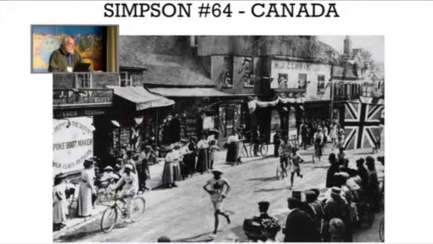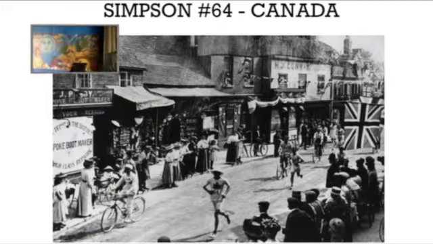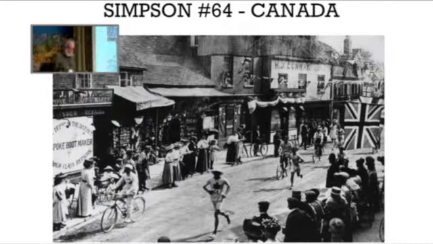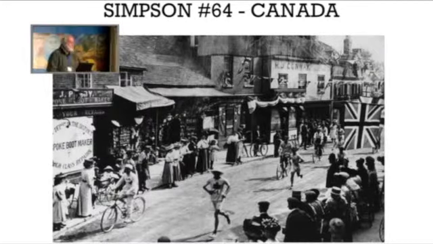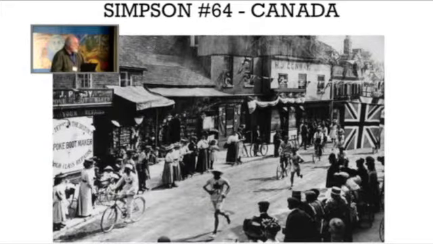Sadly, he lived. This guy here, that's little Johnny Hayes, and he was the one that won the gold medal. Actually, he was second into the stadium, but because Pietri was disqualified, Johnny Hayes won the gold medal. Fred Simpson placed 6th for Canada. Tom Longboat collapsed at 19 miles.